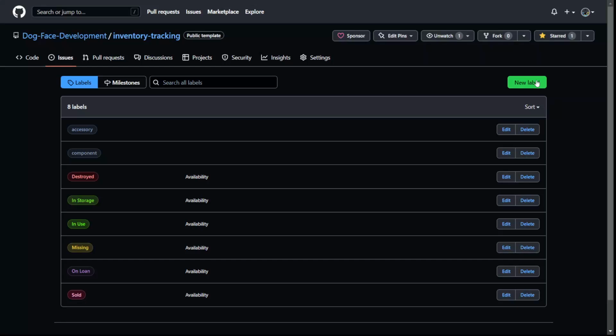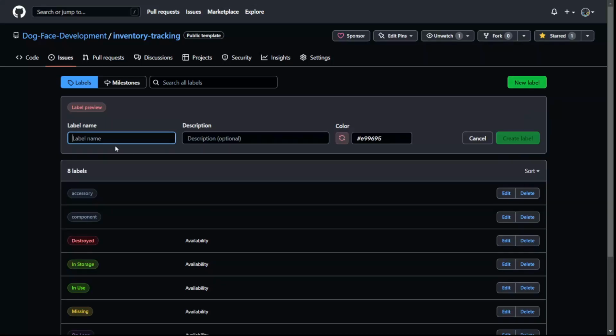Maybe you have it in use, you're tracking your computer parts, and you have 3 different computers. You have your desktop PC, your laptop, and your gaming PC, and so now you can create a label for each one of those in order to ensure that you are keeping your stuff in the right area, and if you need to find something really fast, you can find it very, very fast. So we'll just press the new label button here. We put in our label name, Locker 304 for our storage, a description, and then we can select a color